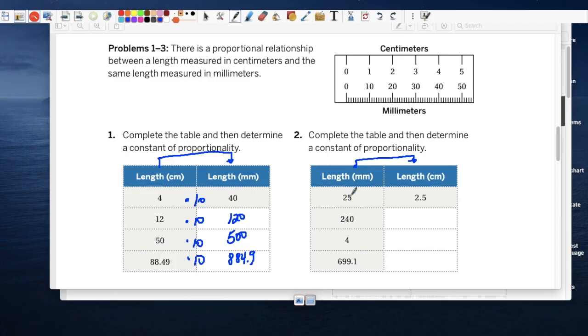To go from 25 to 2.5 using the same relationship, is it times 10? Is 25 times 10 equal to 2.5? No, it's not. Because we know that going this way is times 10, going the opposite way, from millimeters to centimeters, it's not going to be 10, but the reciprocal